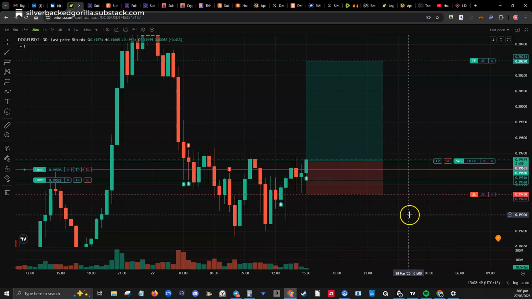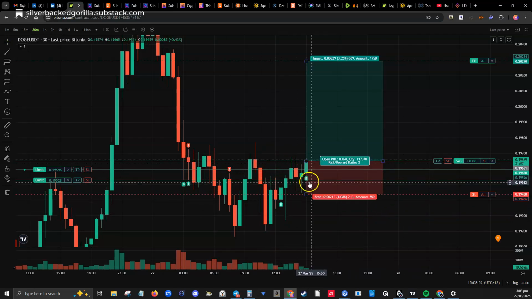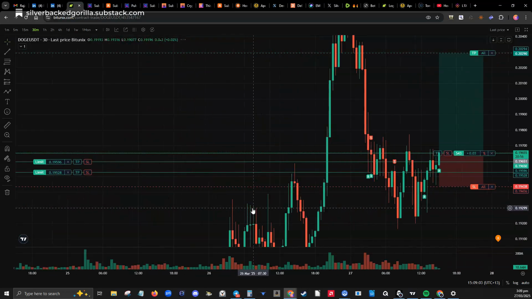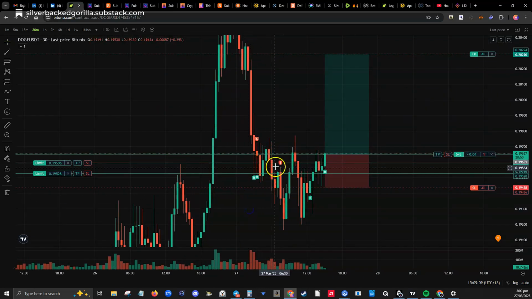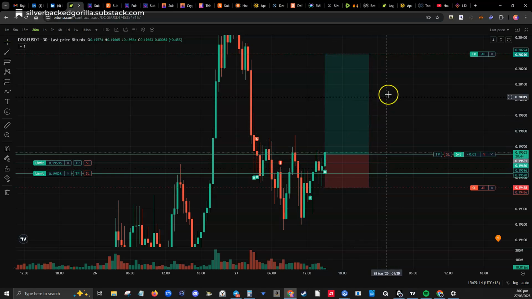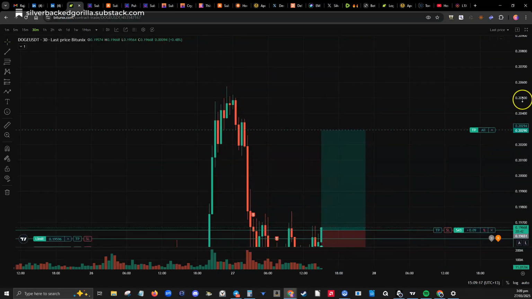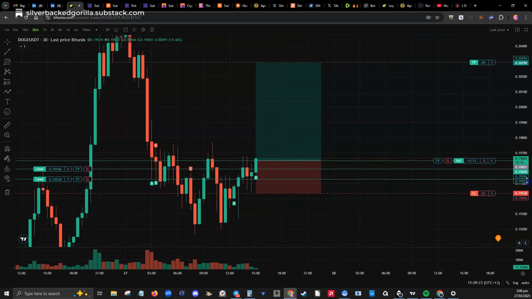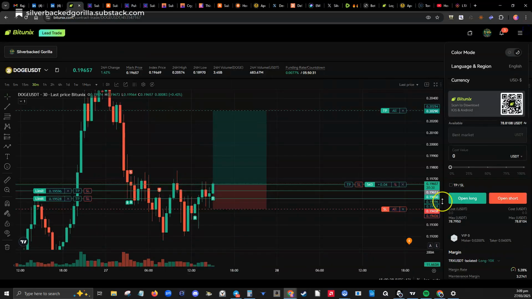I want it to continue putting in these bodies here, and these bodies here are support, and that's the previous resistance, as you can see there. So that resistance then has become support here, here, here, and then if it respects it, we might get that, or maybe a nice little pump like that. We don't have any bad news happening in the market, maybe. So that's Doge.